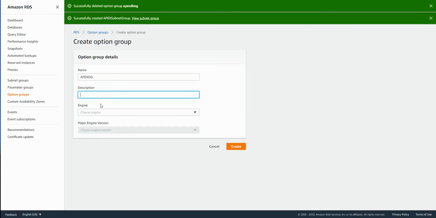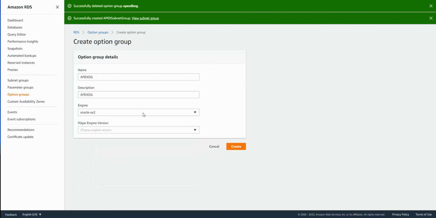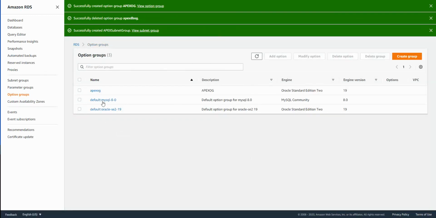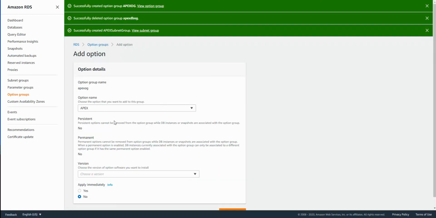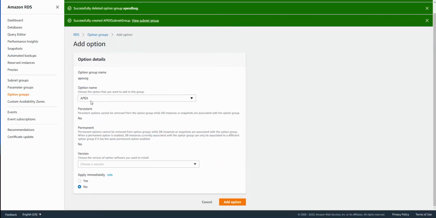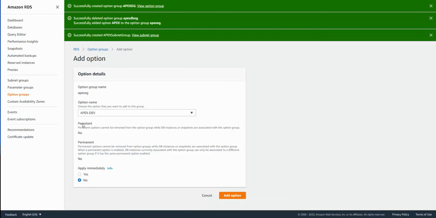We're going to call it Apex option group, and the description will be the same thing. For the engine, what we are doing is provisioning Oracle SE2 with the latest version. Within this options group, we are going to add some options. First is the Apex option, with the latest version of Apex, and apply immediately. The same way, we are going to add a couple more options, including Apex dev.